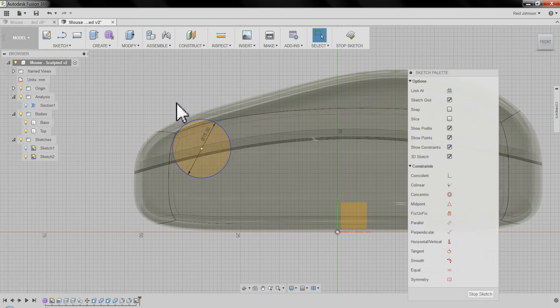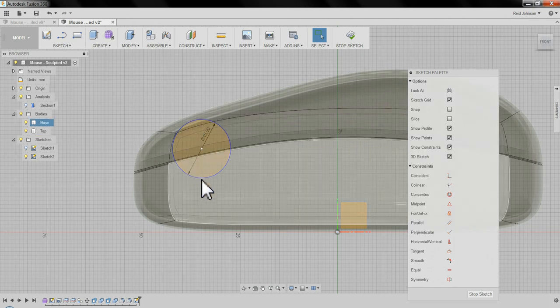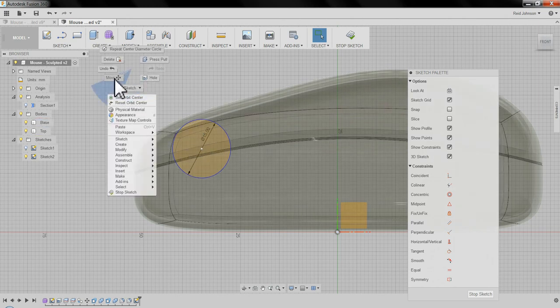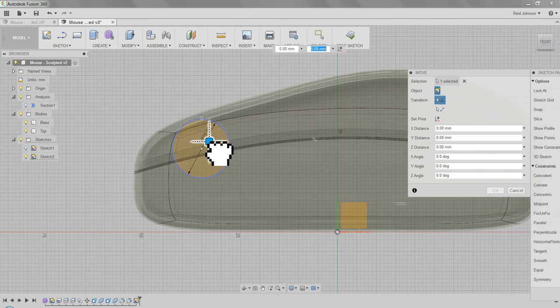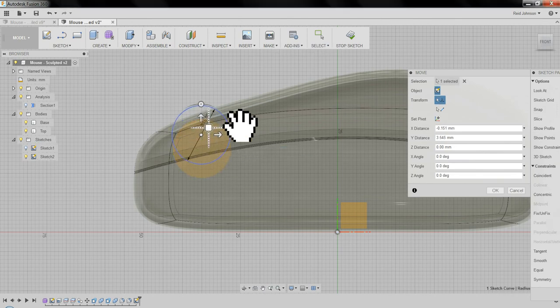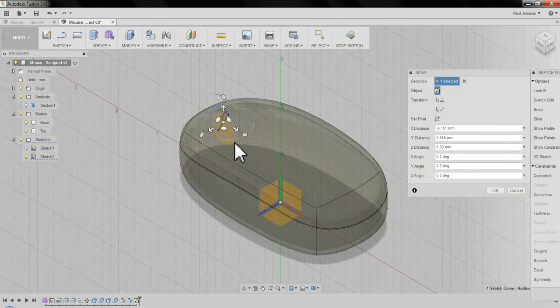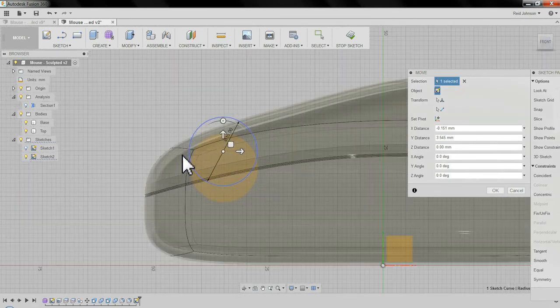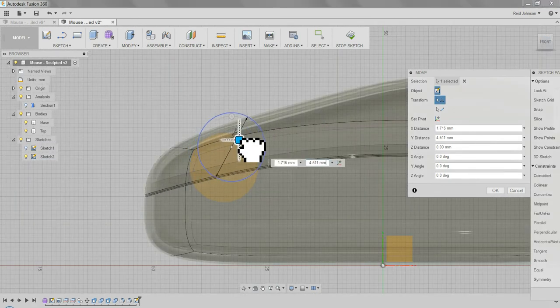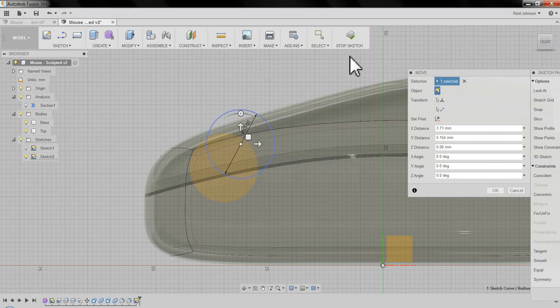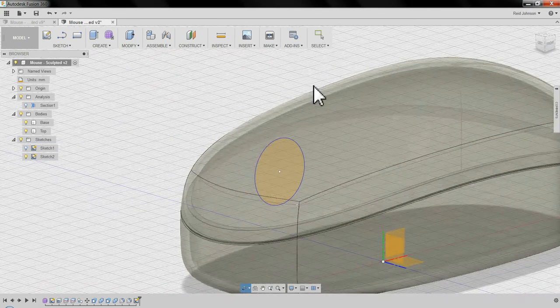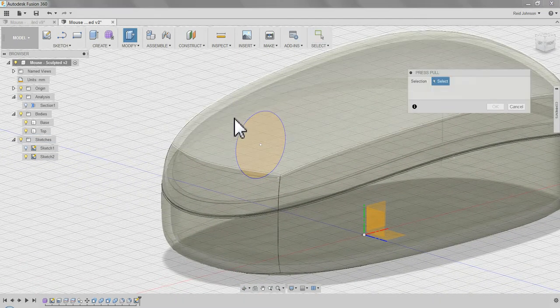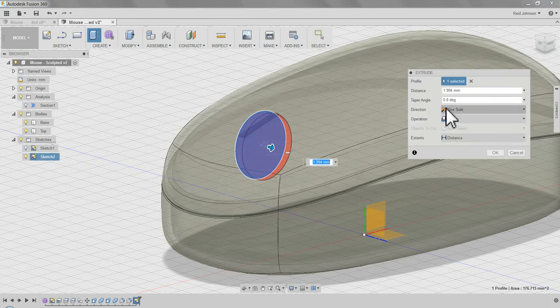Once sketched out, it's a good idea to select the sketch, right click, say Move, select the sketch, and move that wheel to the point in the mouse where you'd like it to be. Somewhere up there. Stop sketch. Now to create the actual wheel, modify, press and pull, select the circle, change the direction to symmetric,